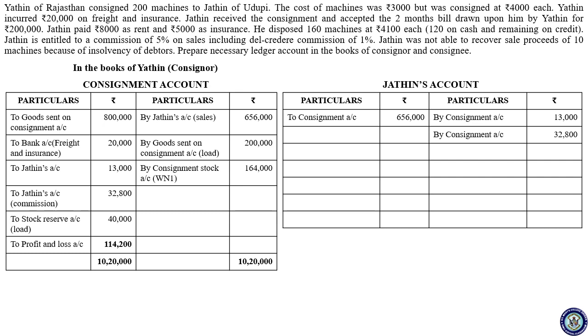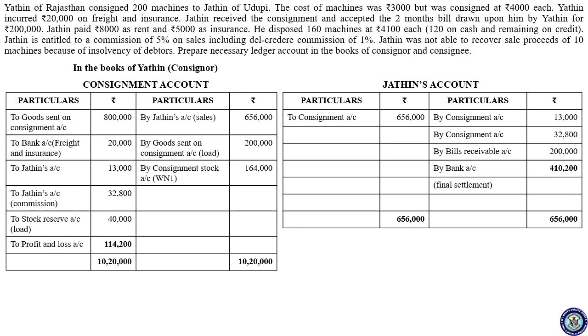So next one, they have drawn the bill. So it is by bills receivable. By bills receivable. So difference is by bank account. That is the final settlement after adjusting everything. Total 6,56,000. Difference 4,10,200. 4,10,200.